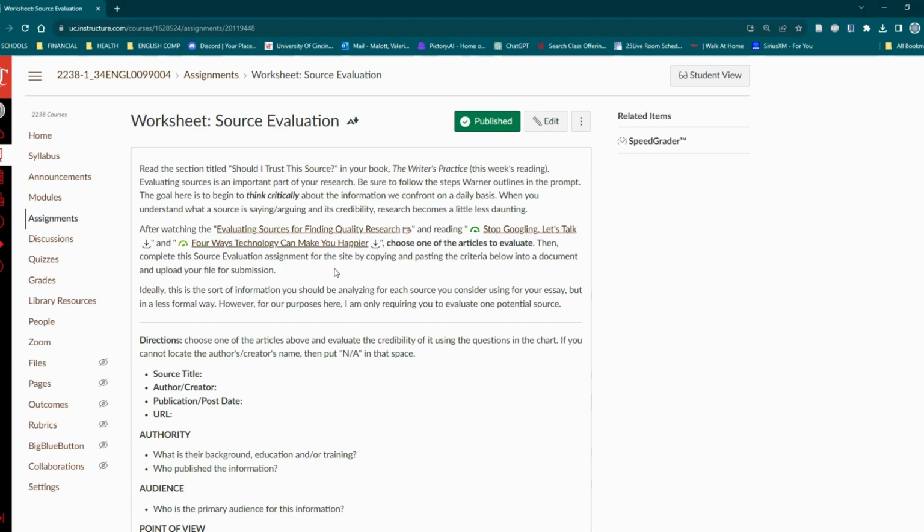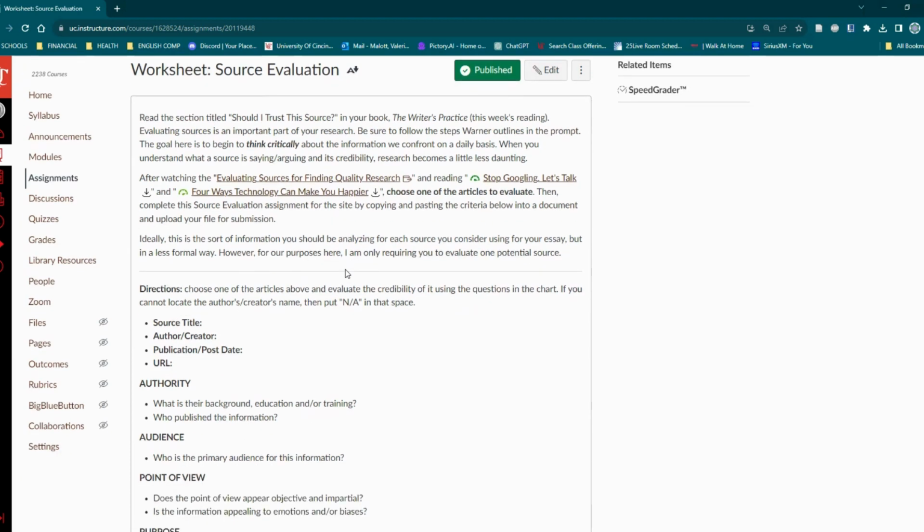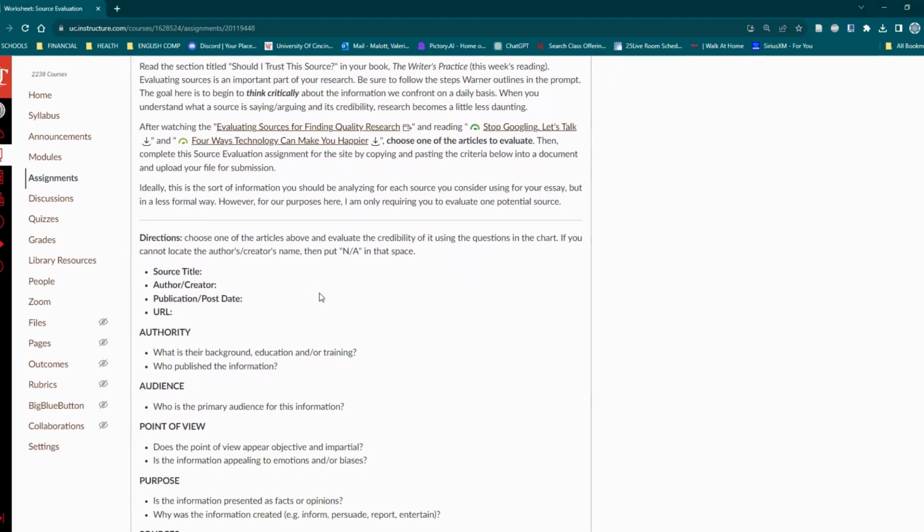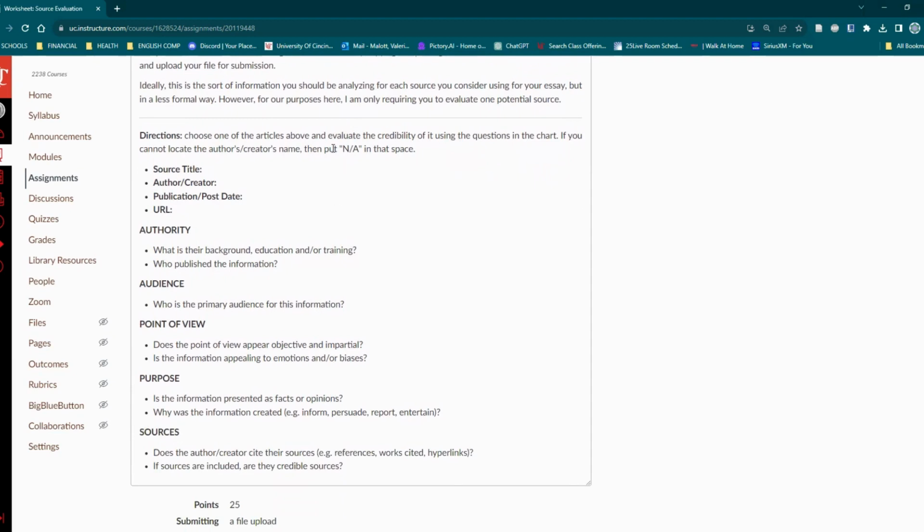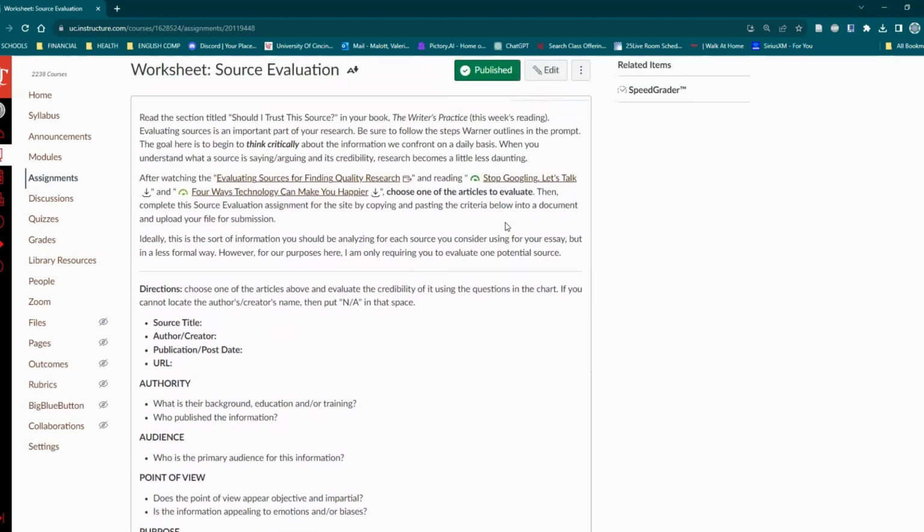And then complete the source evaluation assignment by copying and pasting the criteria below into a document and upload your file for submission. So choose one of the articles above and evaluate the credibility of it using the questions in this chart, in this worksheet. If you can't locate the author's or the creator's name, then put an NA in that space. Of course, I used this for a different assignment where I wasn't asking students to evaluate a particular source, but